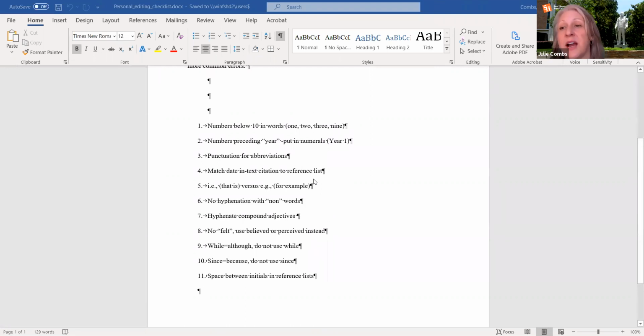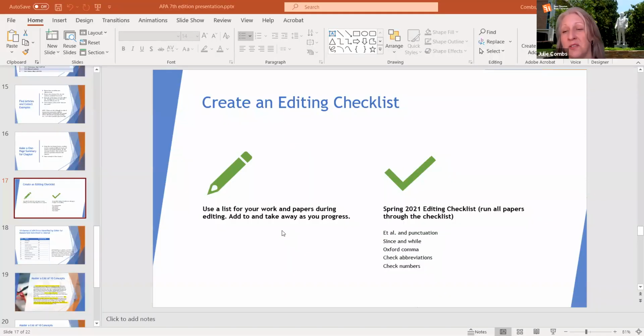For example, one of the errors I really struggled with as a younger writer was the use of who versus that. And so we use students who were in the study, and we use that for things like the schools that were in the study, because those are things. And so I just tended to use that for everything, and that was incorrect. So I learned how to do that, and then I could take that and who off of my editing checklist and learn some newer things. So I had some really strong mentors as a new professor, and those are some of the things that they helped me through their feedback.